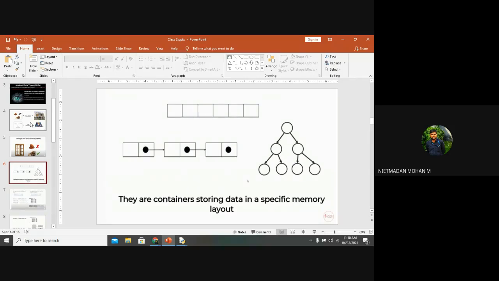Can you tell me what this first image means? Have you seen this? Yes, sir. What is that?